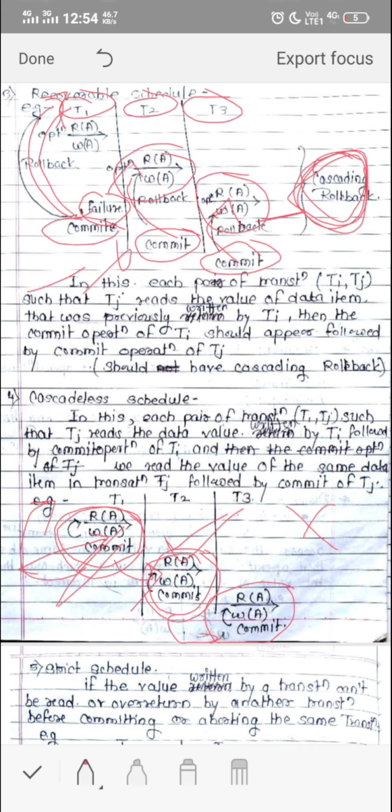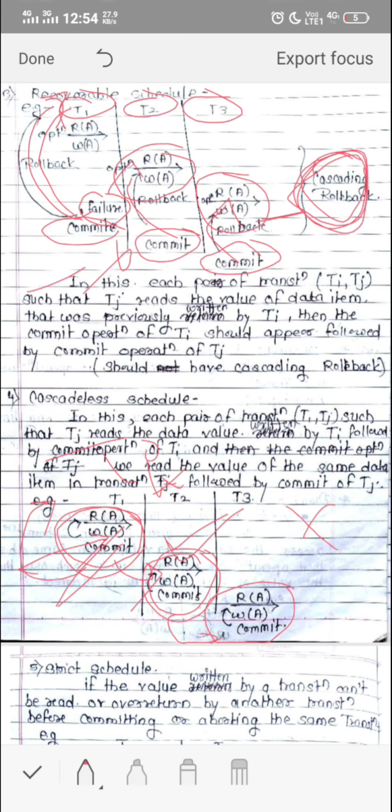We read the value of the same data item in transaction Tj followed by the commit operation of Ti.